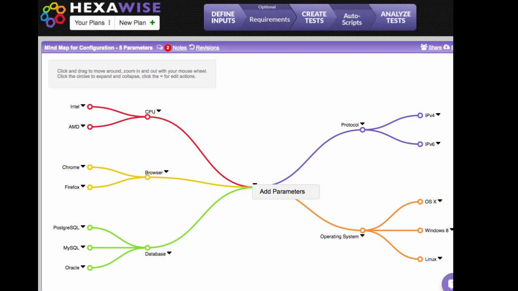This one has 5 parameters, which means we'll multiply 5 numbers together to figure out how many total possible permutations exist for this system under test. There are 2 possible CPUs, so we'll have 2 to start with, multiplied by 2 browsers to get to 4 possible permutations, multiplied again by 3 to get to 12 possible permutations. 2 possible protocols gets us to 12 times 2, or 24 possible permutations. And then 3 operating systems. If we ignore any possible constraints or invalid pairs, we'll get 24 times 3, or 72 total possible permutations,